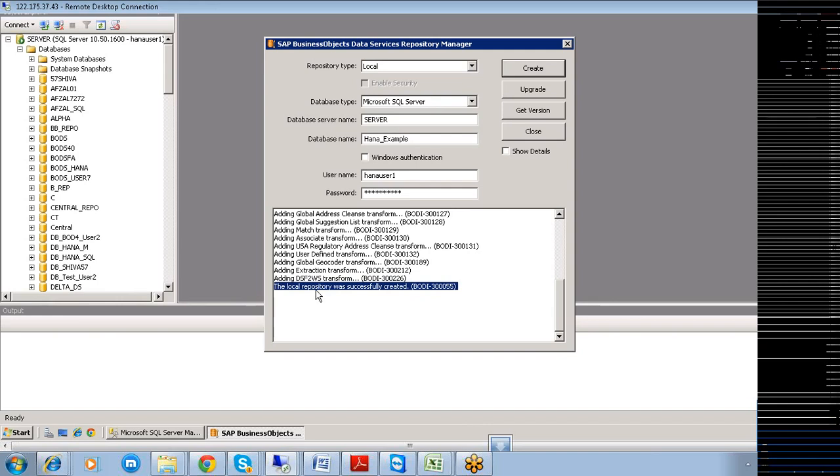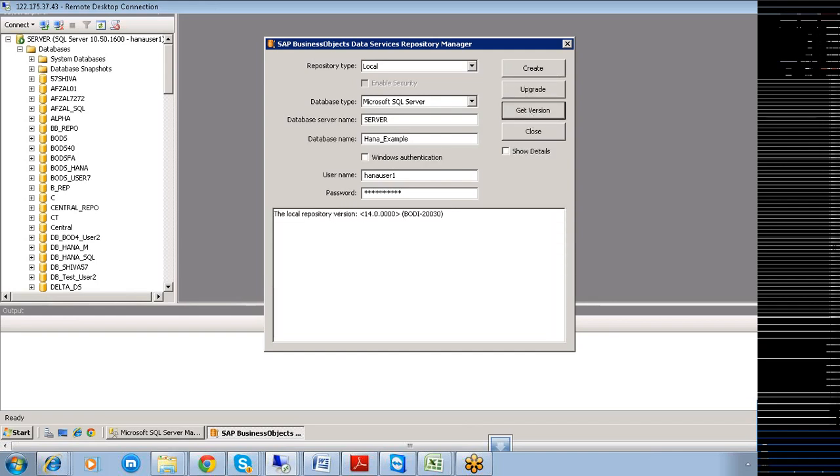Once the repository is successfully created, I get this version. It says that the local repository version is there. So this is the way we need to create this repository in BODS, Archana. Okay.